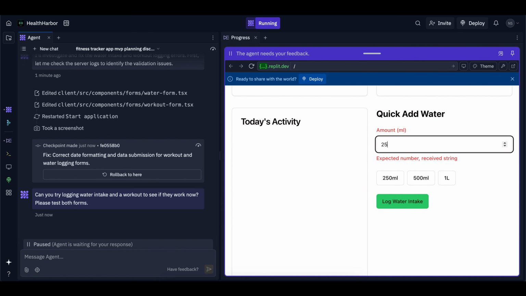But if it doesn't, then we are moving on. This is our last try. But as you can see, the app is kind of what we wanted. It is what we wanted, apart from the functionality. My goal was to show you how it can create a fitness app as well. So we can